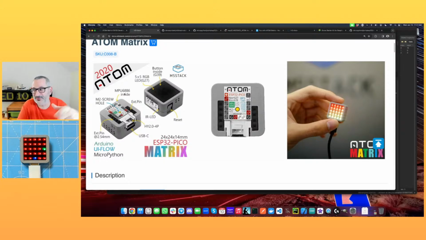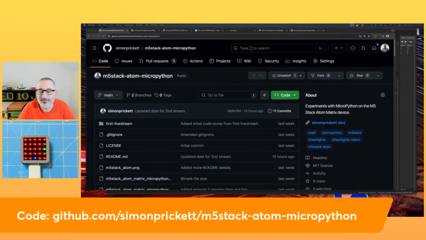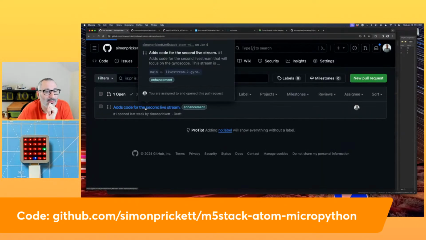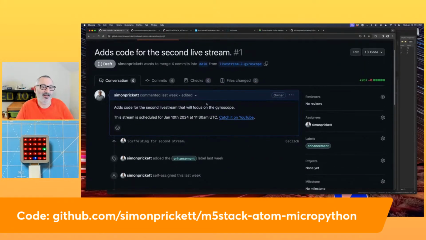So you could build something that's just registering the tilt and maybe make a game out of it later or something. So I'm going to close a few of these. And what I've got in my own repo, so again, find that there, URL's down the bottom there. What I've got in my own repo right now is a pull request, and I haven't merged that yet. It's still a draft pull request, but I went ahead and messed around and added some code that works with the gyroscope. So rather than live coding this, we'll just have a look at how that works,